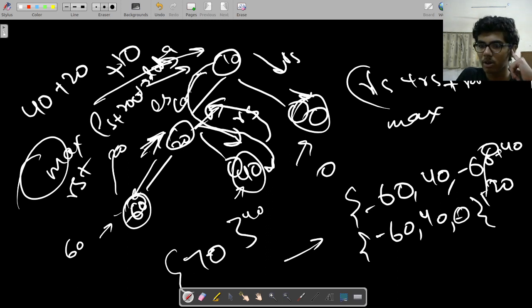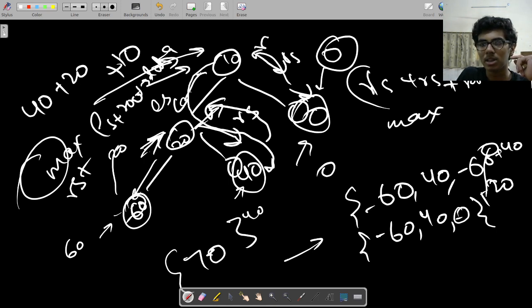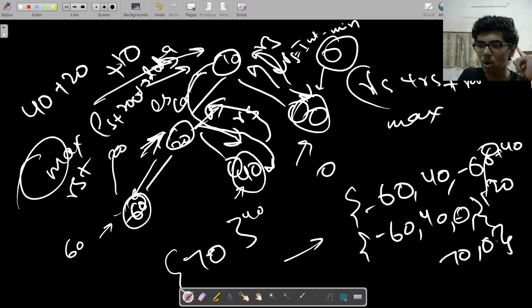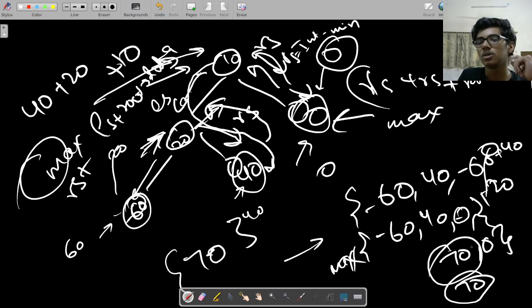Okay, so I want the RS value also. So RS is 0. In any case, it is going to be 0 here. So I will return the maximum RS. RS is 0. Initially it was int min. Now it is 0. So it will return me the value as 0. So I have got 70 as my answer, and 0 also as my answer for this. Okay, so I have to find the maximum. So at each point I am taking the maximum. So here I will get 70 as my answer. So I think this is clear.